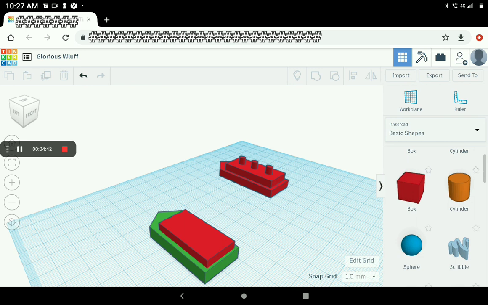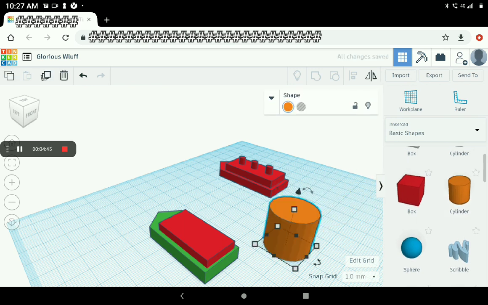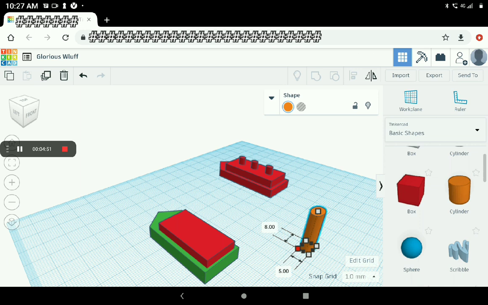Now we will make the third layer of the boat. For that we have to choose a cylinder and adjust its size like this, its height like this, and